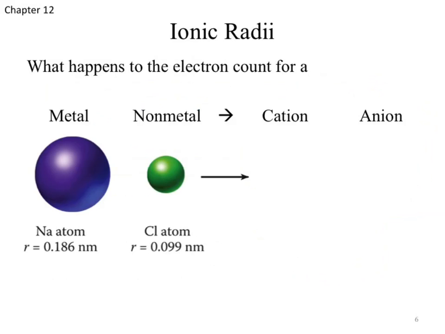Of course, we've looked at radii, we've looked at electronegativity. So now what we can do is look at ionic radii. So what happens to the radius of the element as we go through and change its electron configuration? Okay, so in this case, we've got the sodium element up there, and the chlorine atom up there in their standard states. If we're going to put them into a salt, the sodium metal is going to lose one electron. Why does it lose only one?